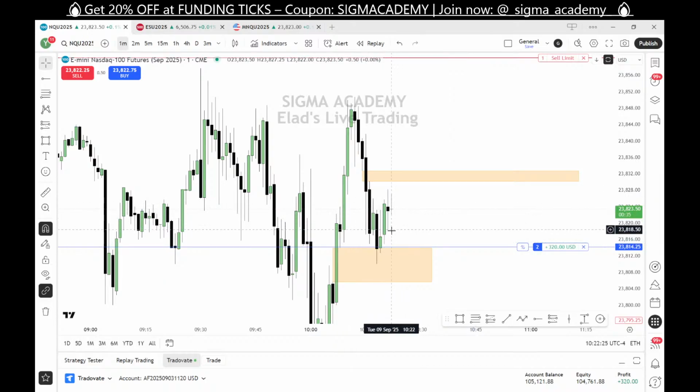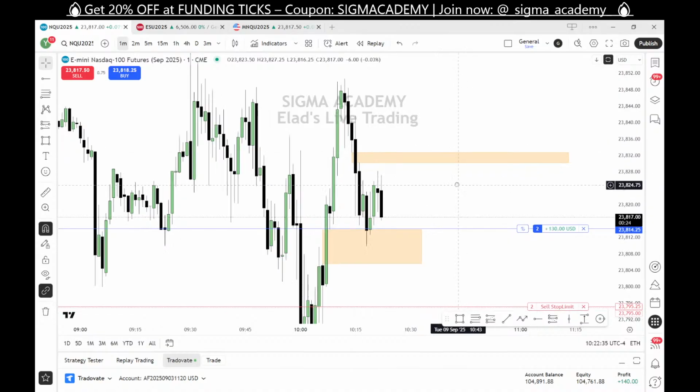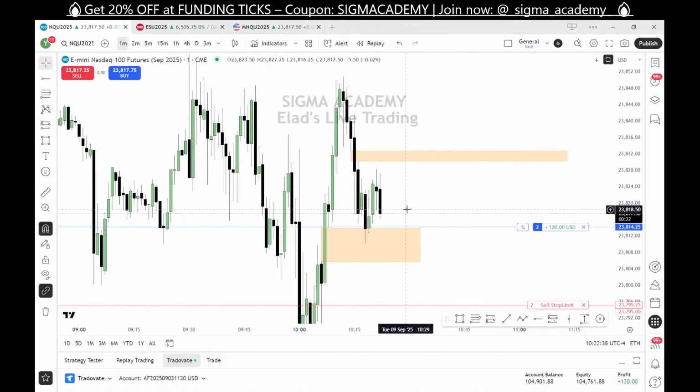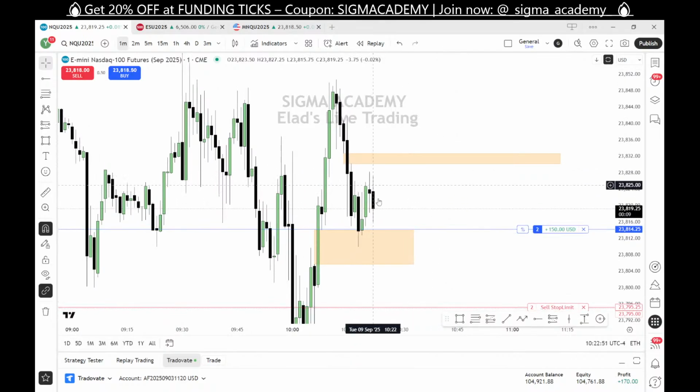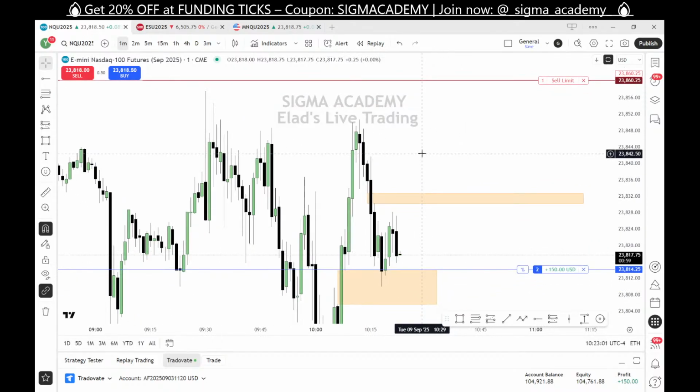You can see we don't have any fair value gap to the upside. It may go lower and sweep this low and then react. This is why you should not move your stop loss too often. Let the process begin. Once it goes and attacks the upside, this is where you can add more and take partials on the liquidity to the other side. Don't forget it.